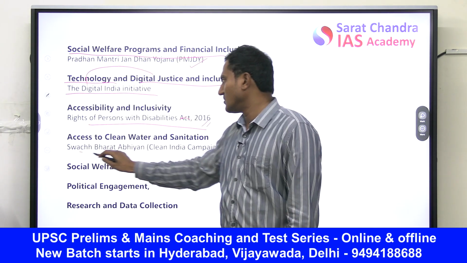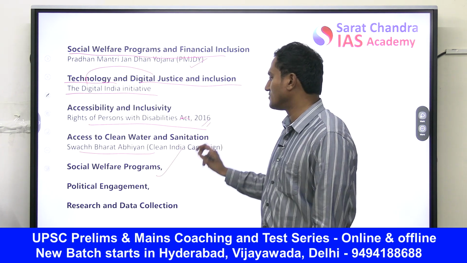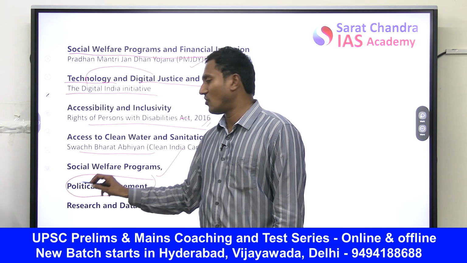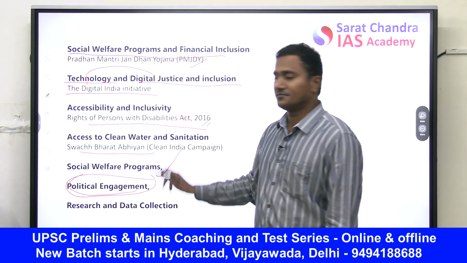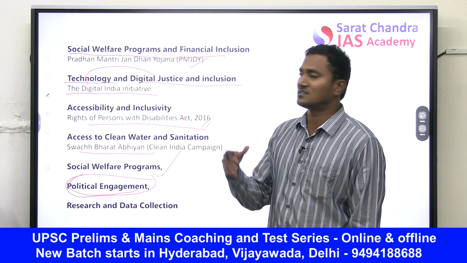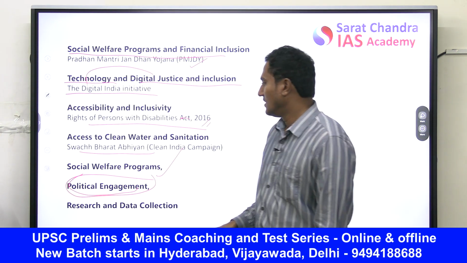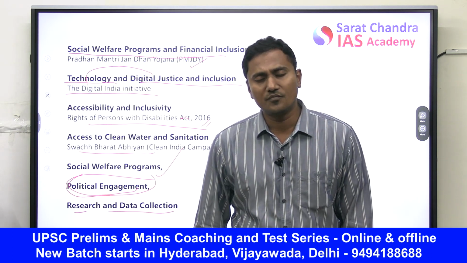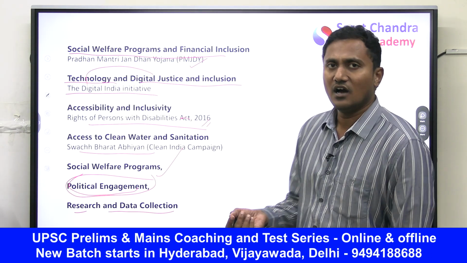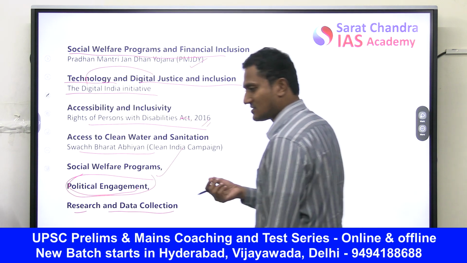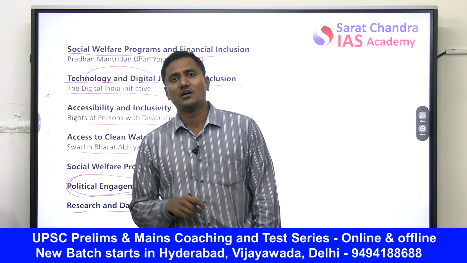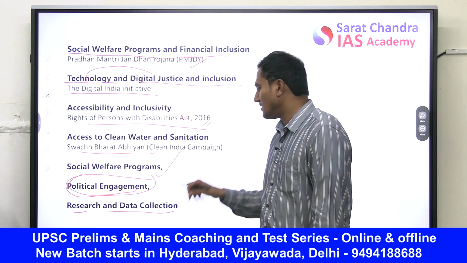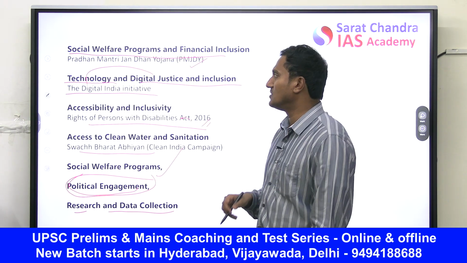Friends, you can write of the Swachh Bharat Abhiyan, or any other short film programs. You can say that political engagement will make people aware of various rights and of how they can access the schemes and get justice. Even India has to increase research and data collection to know which sections of society are unable to access which kind of justice, and which sections are dependent on charity even today. Based on that, we can implement more schemes and reduce the dependence on charity.